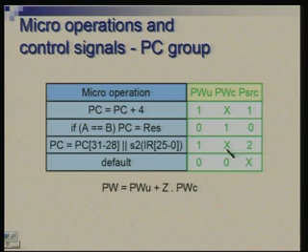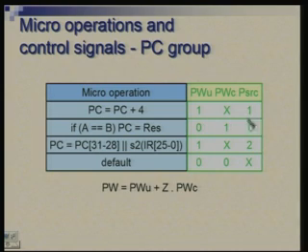So, PWCs do not care, and we need to select the correct value to go to PC. In all these operations, notice that PC is the destination, but the sources are different. There are 3 different sources, and the multiplexer is selecting the sources. This corresponds to 0 input of multiplexer, 1 input of multiplexer, and 2 input of multiplexer. This is how things have been connected in the data path.